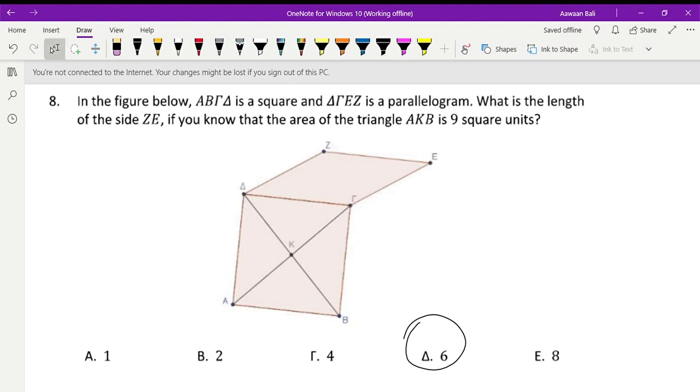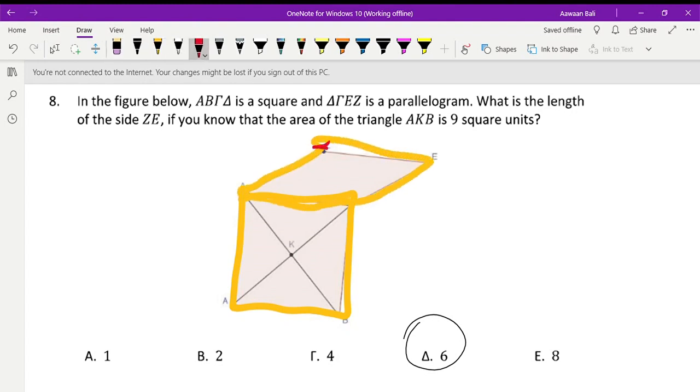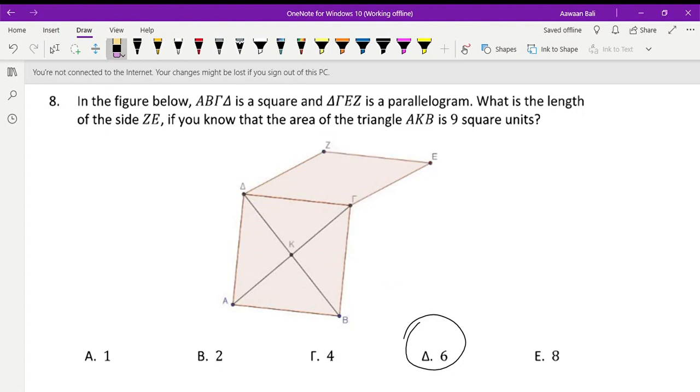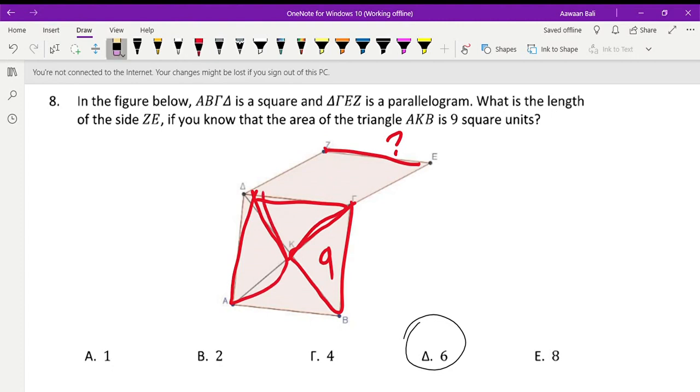Question number 8. In the figure below, alpha, beta, gamma, delta is a square. So it's basically saying this is a square, this is a parallelogram. And it's asking the length of this side if you know that this side is 9. If you know that the area of this is 9. Okay, so basically, since we read questions like these, we need to piece